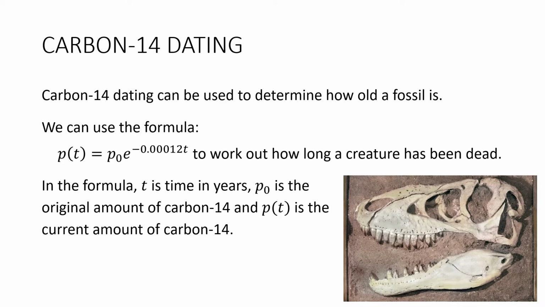Here's another example, this time from archaeology. Carbon-14 dating can be used to determine how old a fossil is. You've probably heard of this. When a creature dies, the amount of carbon-14 starts to decay. If we know the amount that's left, we can figure out how long the creature's been dead. Here's the formula. It's a bit confusing. Let's go through it. So in the formula, T is the time in years, P0 is the original amount of carbon-14, and P of T is the current amount of carbon-14. You'll also notice that it's got the natural number in it, E. E is approximately equal to